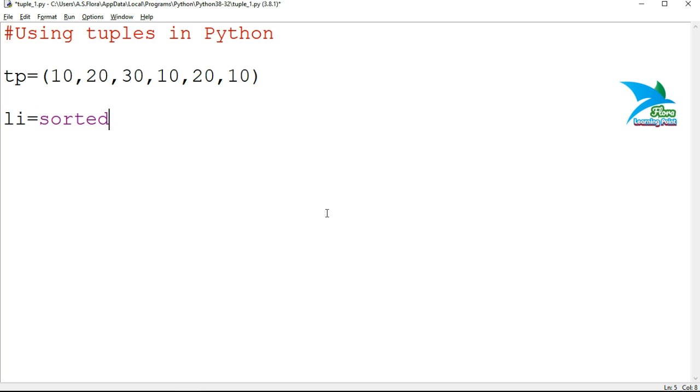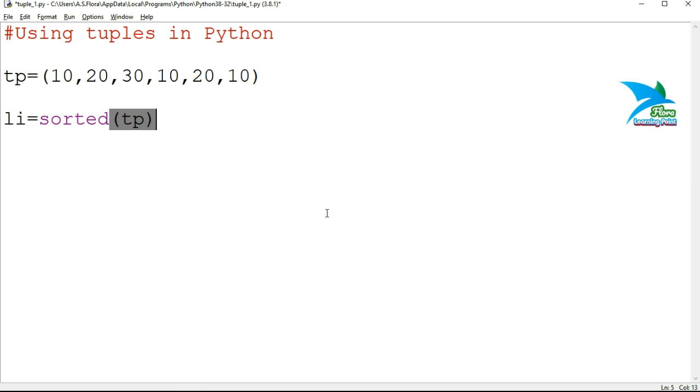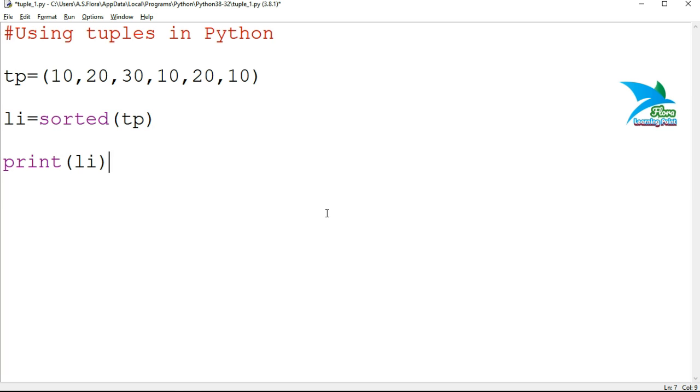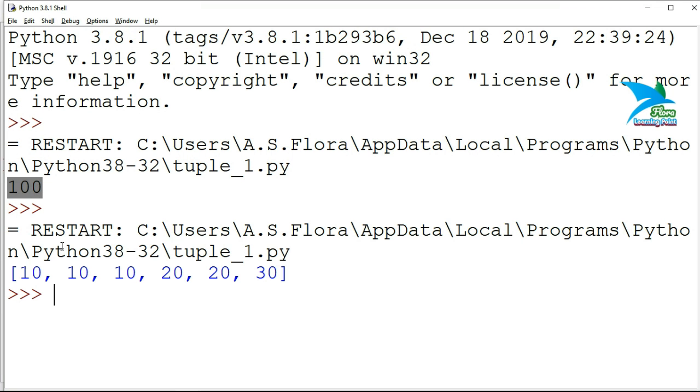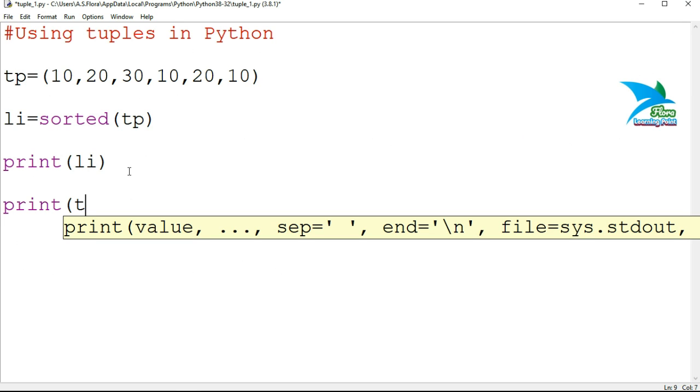If you want to make use of sorted, then I'll use li equal to sorted, and inside the sorted function you have to specify the name of the tuple, and now print the elements of the list. Presently we have these elements, and when you print the sorted result, you can see the elements have been sorted by the system.